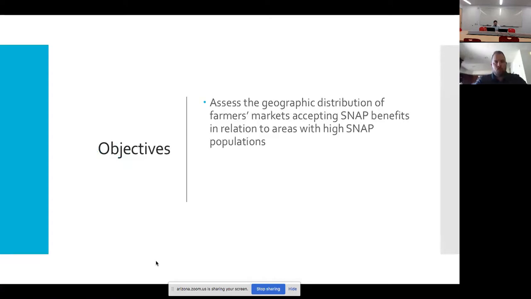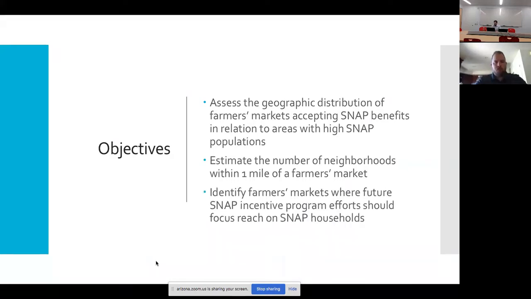So the objectives of this project. First was to assess the geographic distribution of farmers markets accepting SNAP benefits relative to where people live. The second objective was to estimate the number of neighborhoods within a mile of a farmers market. And the third was to identify farmers markets where future SNAP incentive